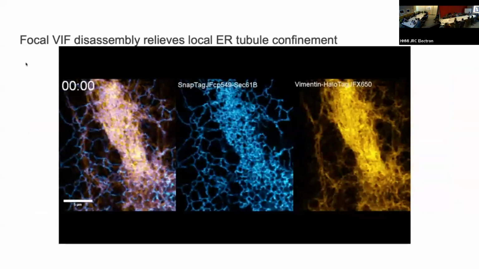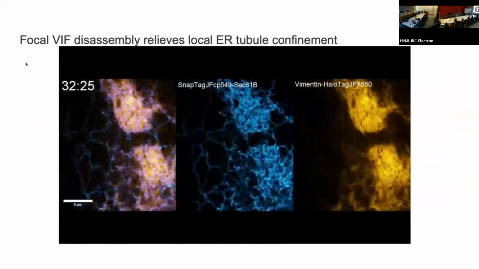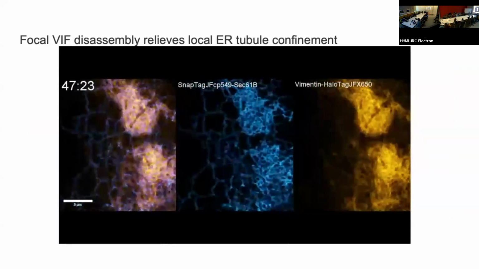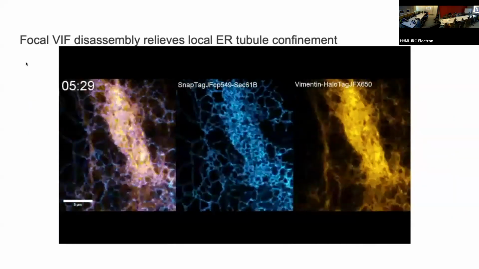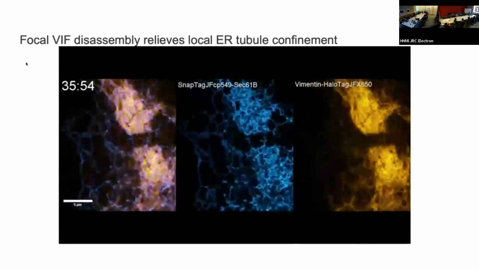Okay, this one's good. This is probably the clearest example. Maybe I should have displayed this. That's a matrix in the center or a tubule cluster. On the right, that's vimentin just grabbing onto those ER tubules, clustering them together like glue. Halfway through, I'm going to just cut a stripe through the vimentin. And if you look at the ER, you'll see the cluster completely disappears there. There's the bleach, and now we've effectively cut it in two. So organelles like the ER respond very, very rapidly to this acute IF disassembly,